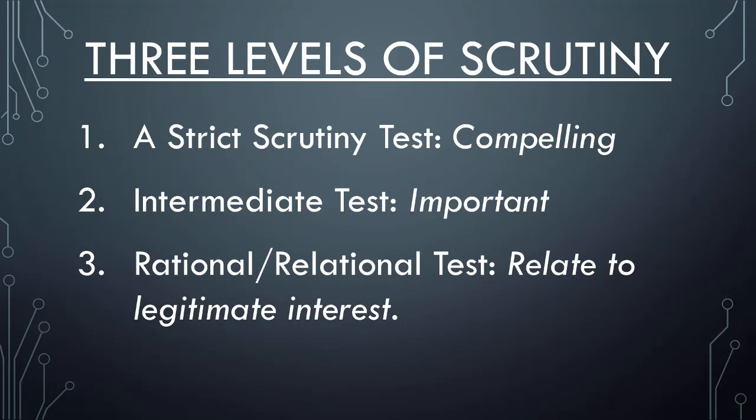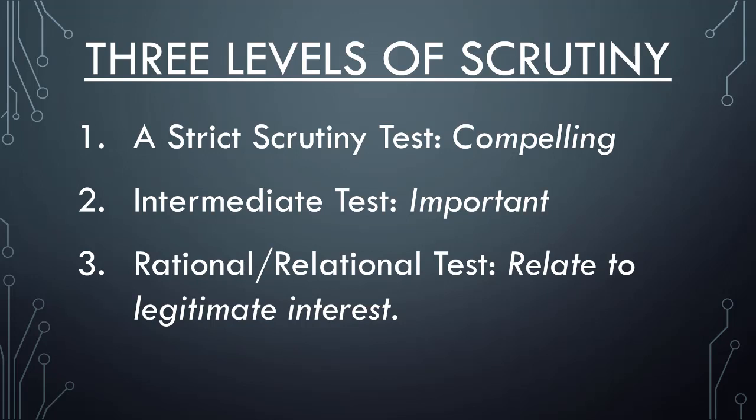All right, so you've probably read about strict scrutiny, intermediate scrutiny, and the rational basis or reasonable relationship test, a rational relationship test. These are three levels of scrutiny. So I have heard it said or put this way: when you have a right and the allegation is that the government is restricting that right, and you go to the court for help, for a remedy, this government encroachment or something like that,